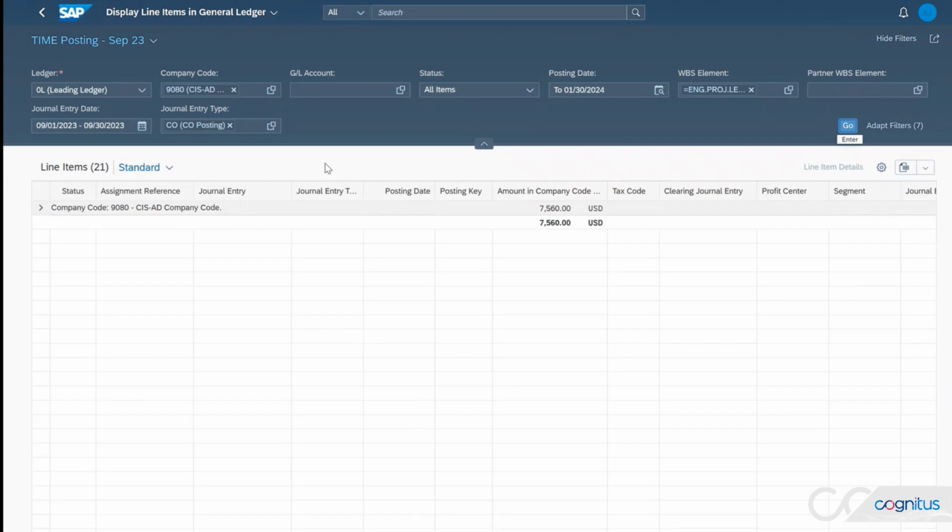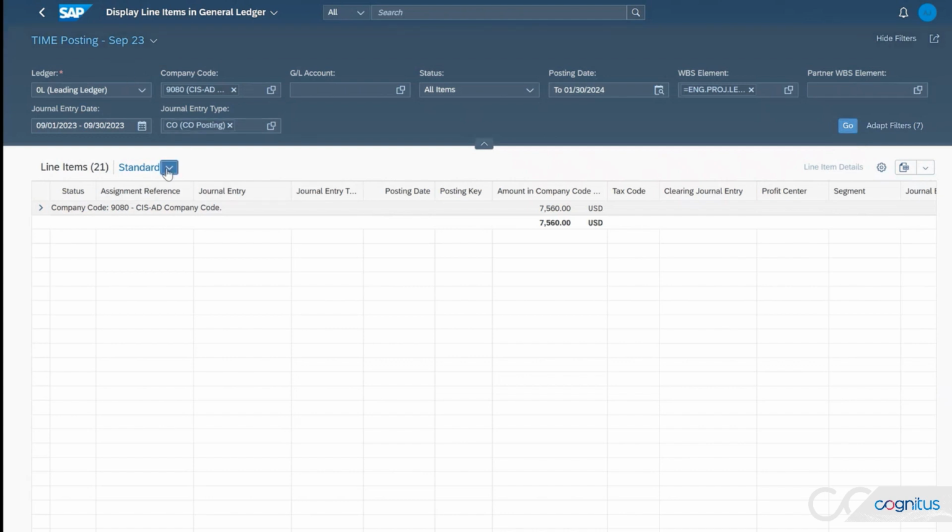By the way, while this report generates, I'll mention that if you haven't already, we have a video on the Cognitus Industry Solution timesheet that's an SAP-centric timesheet that works across the entire SAP solution suite and can also be integrated with third-party solutions. So if you haven't seen that and you want to see how the financials related to time get posted in the system through the experience of the timesheet, please check out our demo related to the timesheet. But meanwhile, here we are in the general ledger taking a look at our time postings for